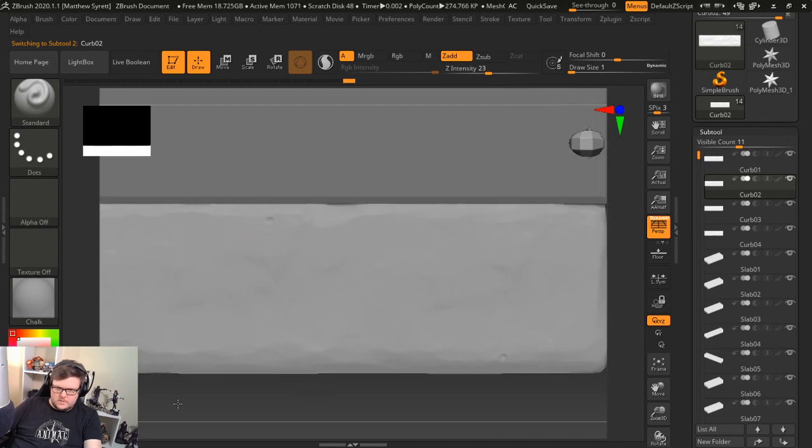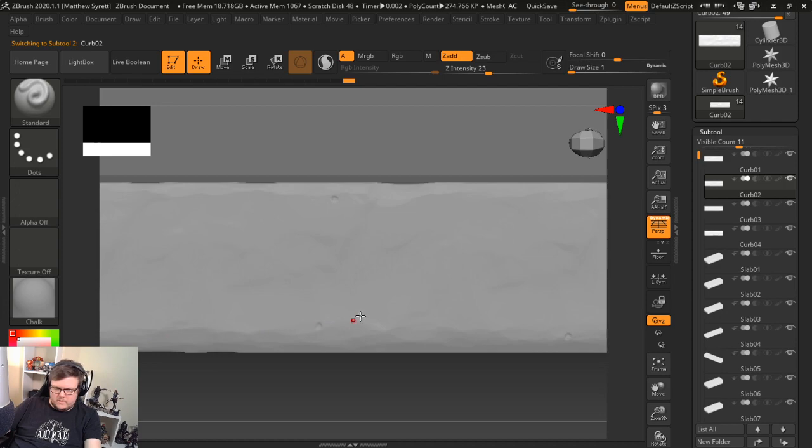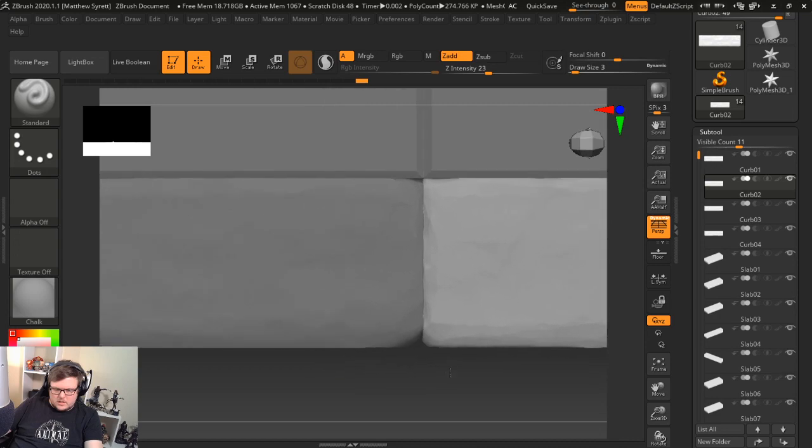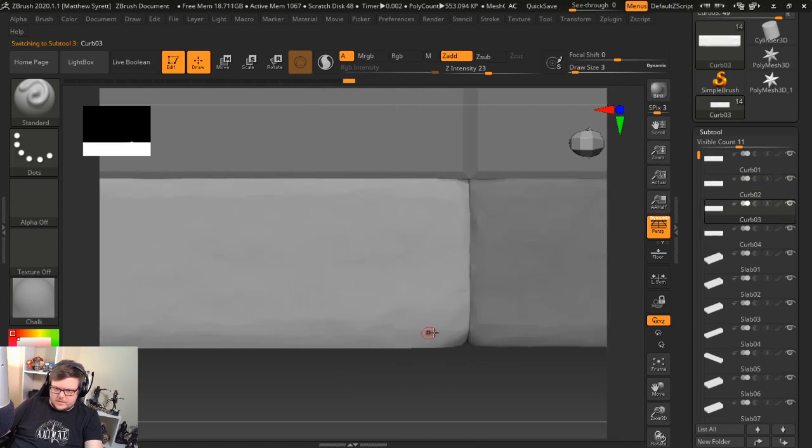So you don't want to be doing too many of these generally, because I think when you do a tileable,